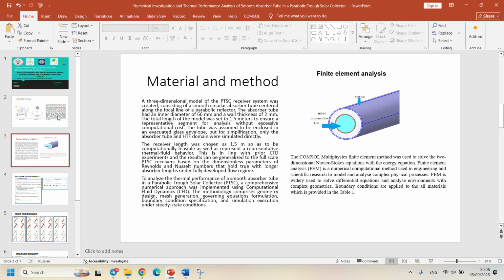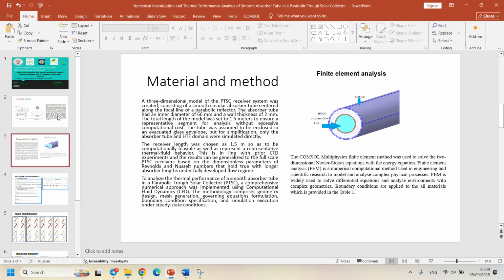Material and method. We have used COMSOL Multiphysics for modeling the receiver tube of solar PTC. The length of the receiver tube is 1.5 meter and the wall thickness is 2 millimeter, and the inner diameter of the receiver tube is 66 millimeter, and you can see the boundary condition